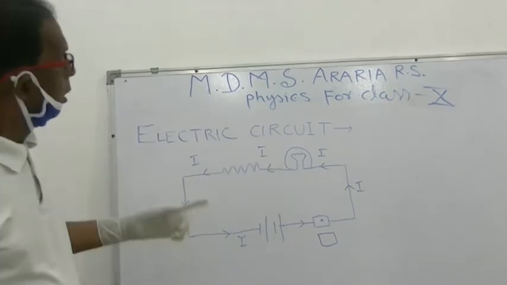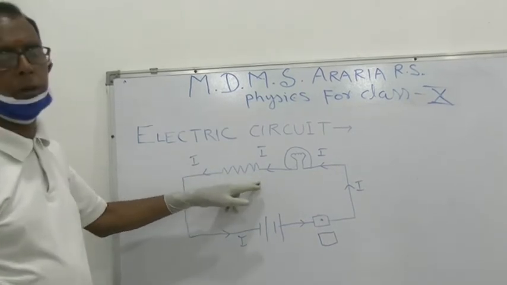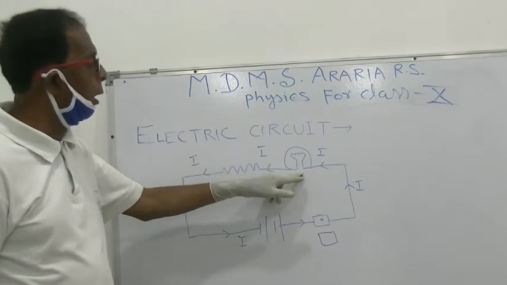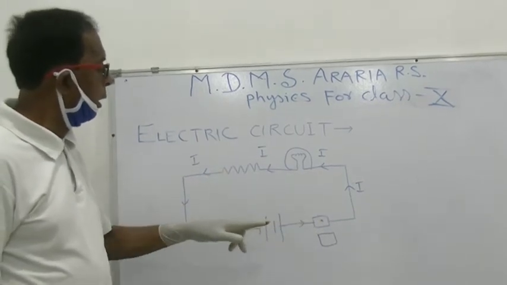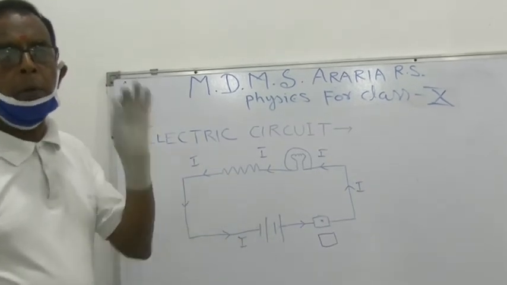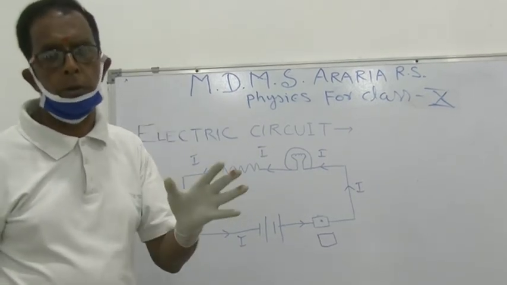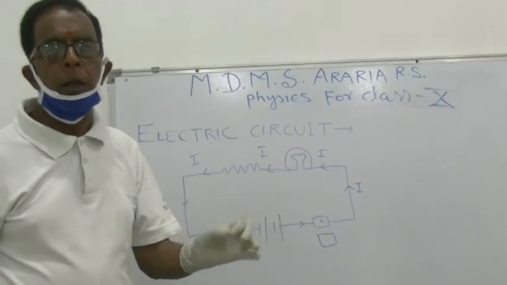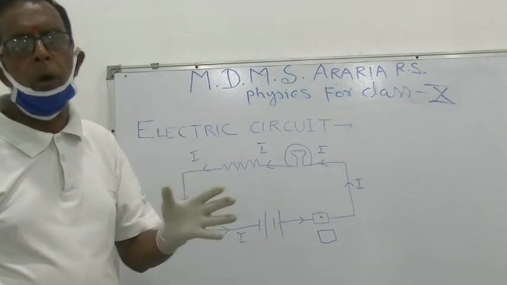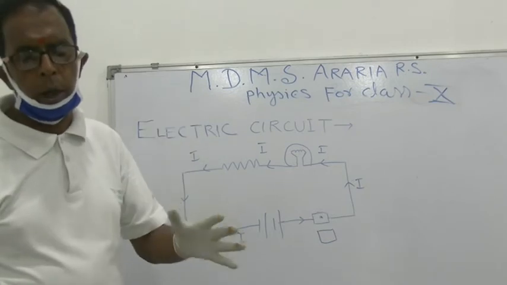Now, I am drawing this diagram. For resistance, I have not written the word; I have drawn the symbol of the bulb. Here is the symbol of a key. Here is the symbol of a battery. It means every electrical component has some standard symbol to represent it in the electric circuit. You also have to learn these symbols, which are necessary for you to draw a circuit diagram.